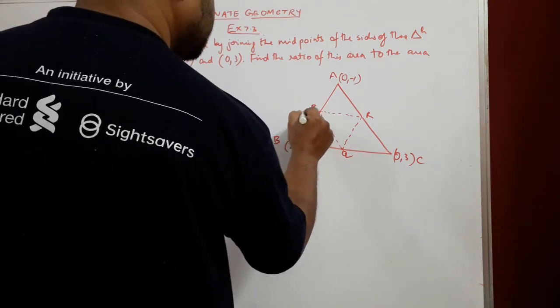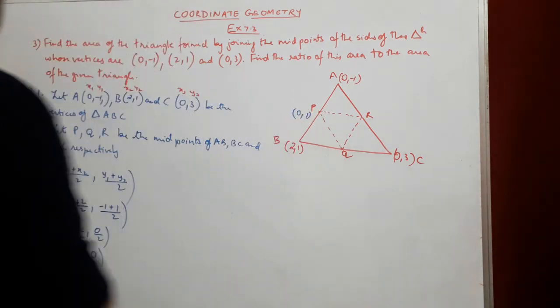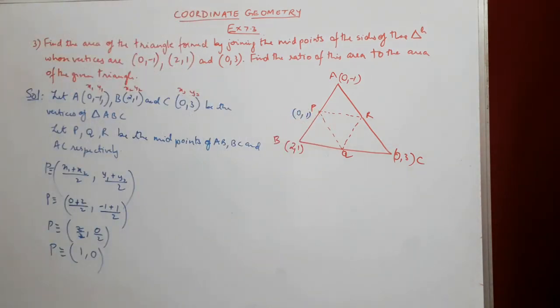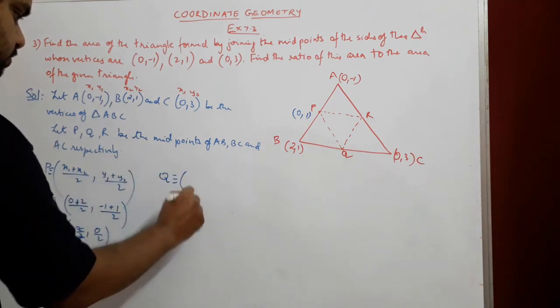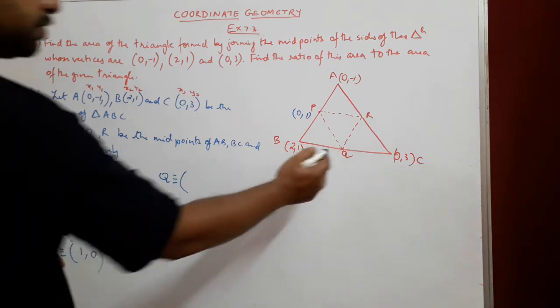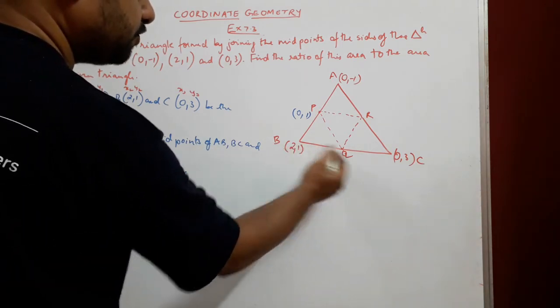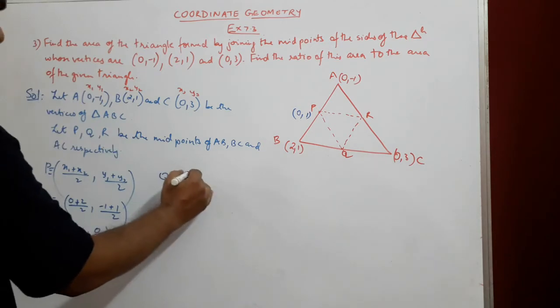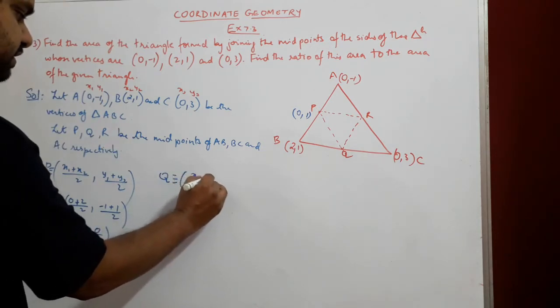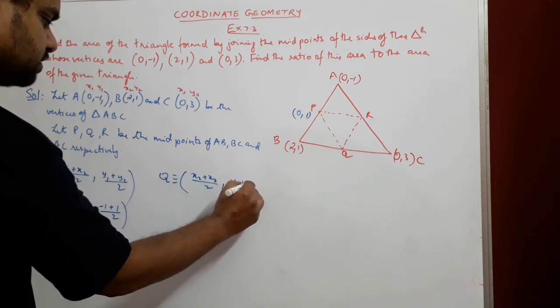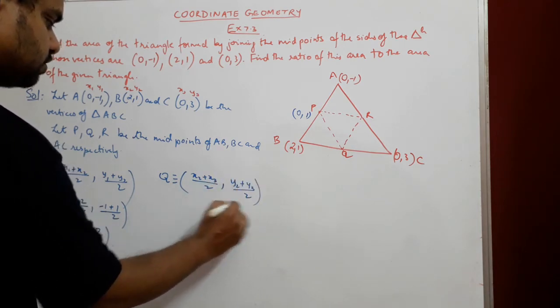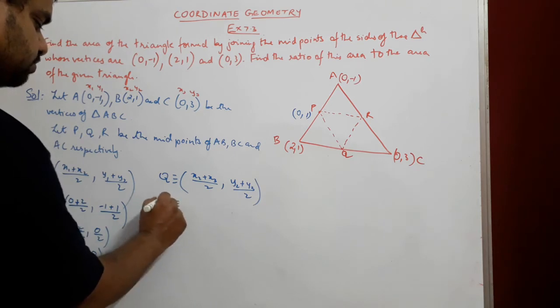So that would be 0, comma 1. Right. Next job is to find out coordinate of Q. So I put over here Q corresponds to, so Q would be midpoint of B and C. That means it would be (x2 plus x3) whole thing upon 2, comma (y2 plus y3) upon 2, and that corresponds to